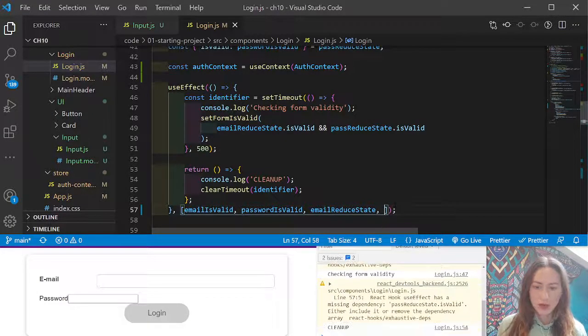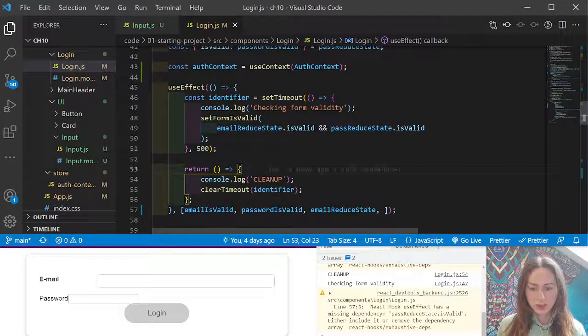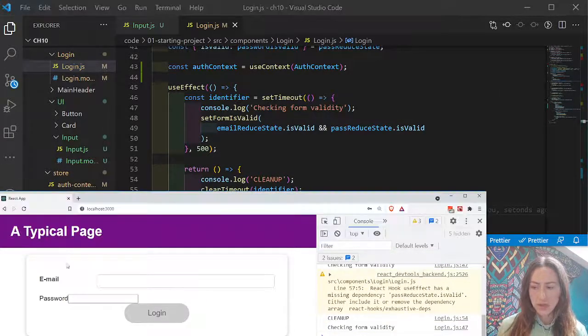So we are dependent on the email reduce state, and we're also dependent on the password reduce state. And then if we save and reload,